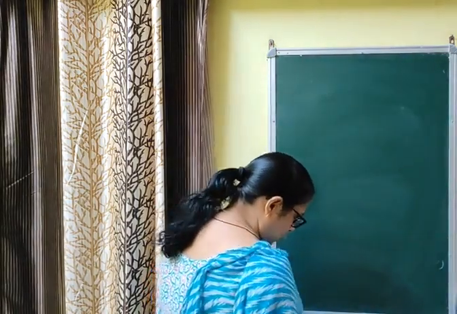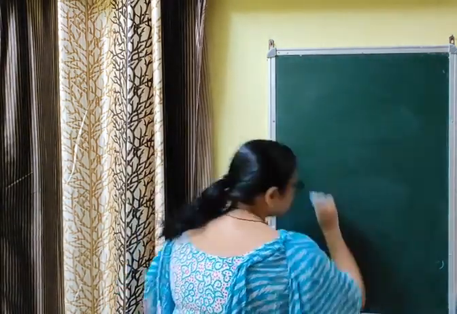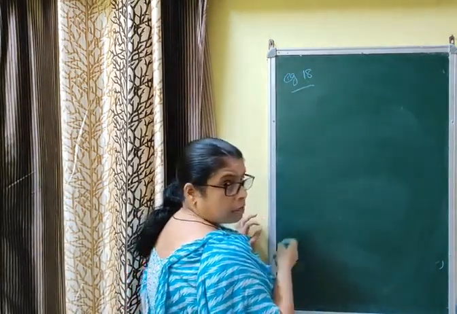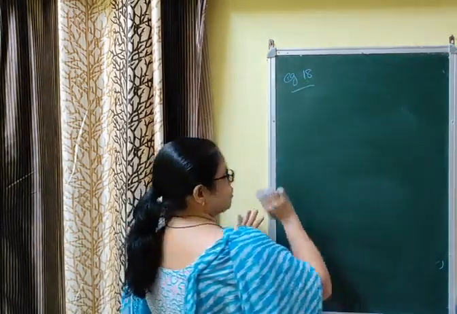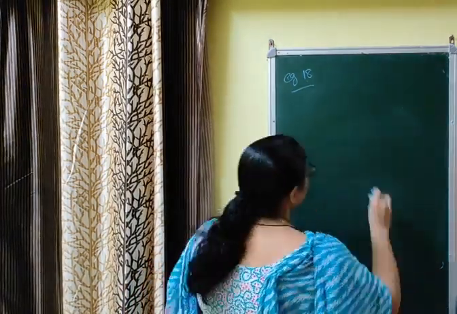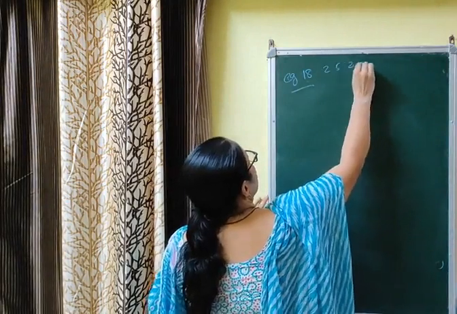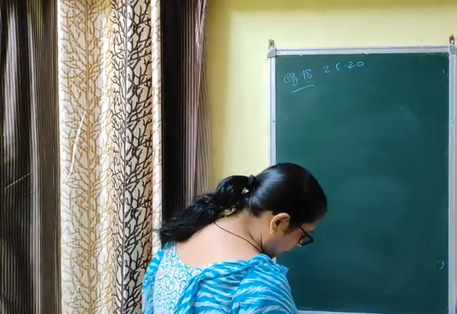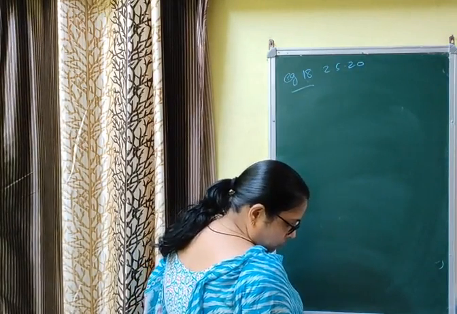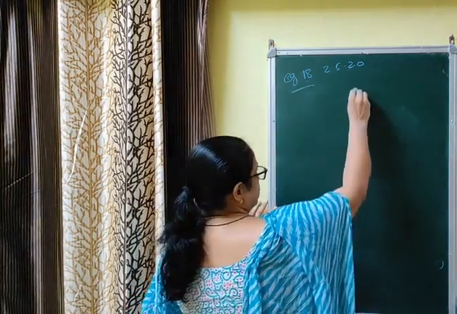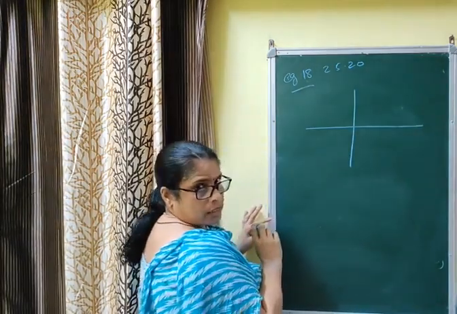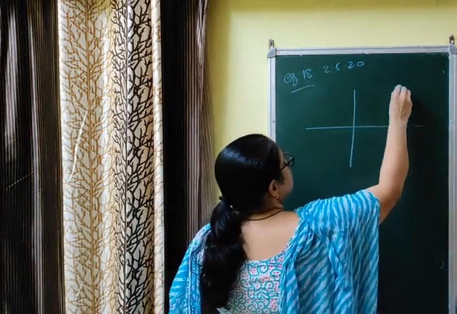The last question of today's class is example 18. We are covering it; a few questions I am leaving, but whatever I am leaving you have to do by yourself. Example 18, page number 25.20. I am reading the question. PQ is the double ordinate of the parabola y square equal to 4x. Find the locus of its points of trisection. We have done the locus of bisection, now we are going to do the locus of trisection.